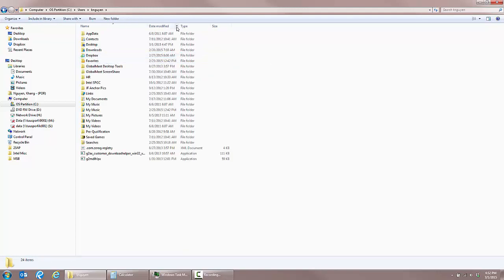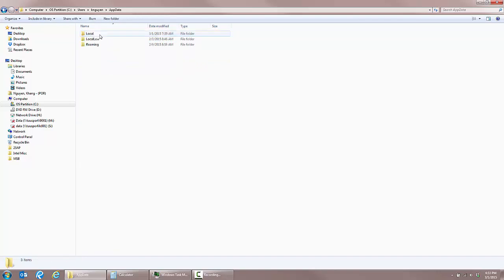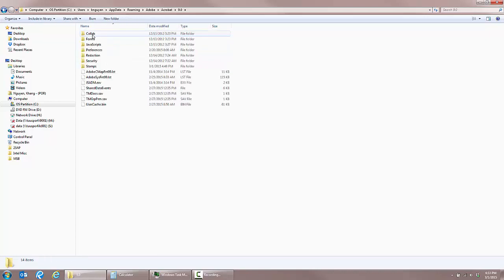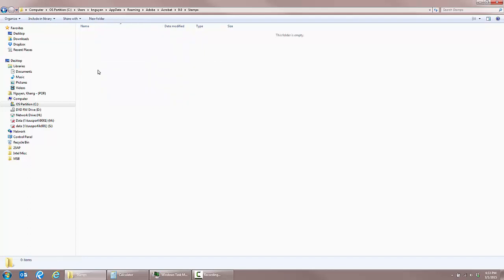If you go in there, the next step is go to App Data, then Roaming, then Adobe, then Acrobat, then 9.0. And from there you go to Stamps. It should be empty here, but if you've created your own custom stamps, there might be a file here that shows,